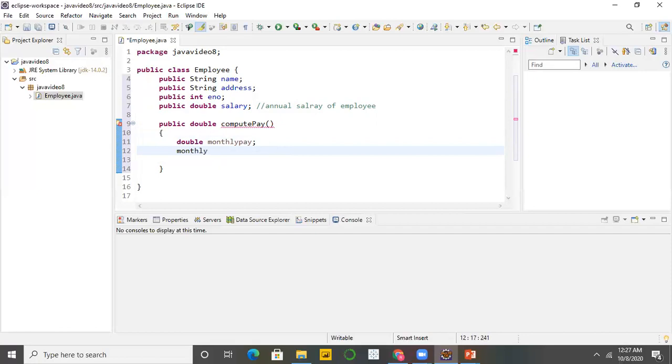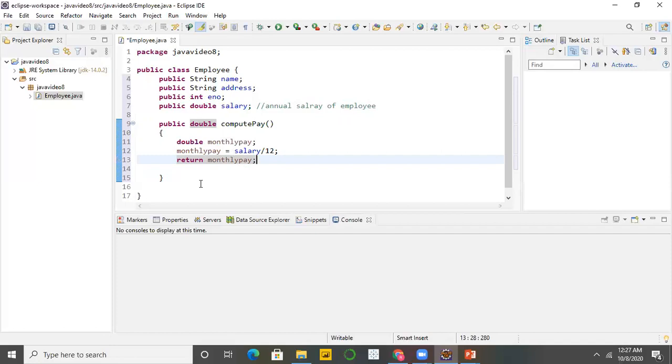It contains the business logic to compute the monthly pay. monthlyPay equals salary divided by 12, and then return the monthlyPay variable. So this is my method and my class is completed.